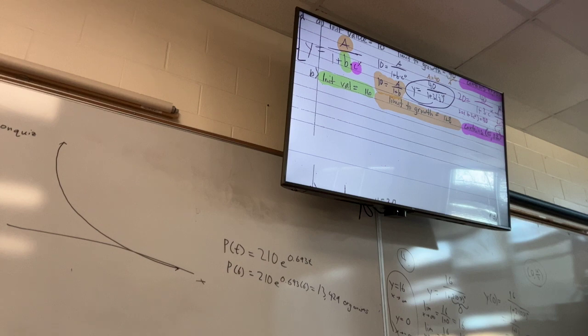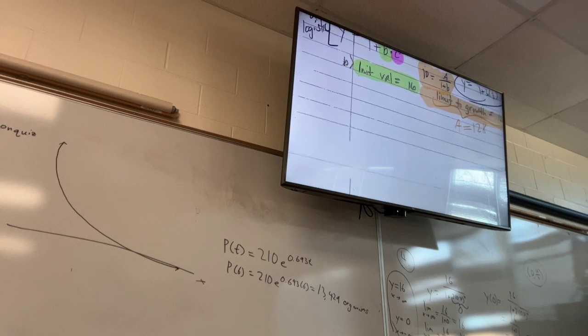What do I know right off the bat? Yeah, good job. What is that? Yeah, so A is the exact same thing as the limit to growth. It's 128. Yep. He's on the right track. Yes, and then we use that. We plug that in. We get y equals 128 over 1 plus b, and then b times c to the